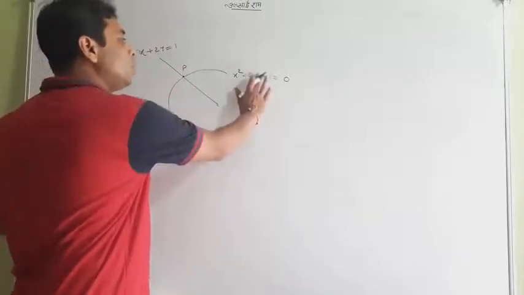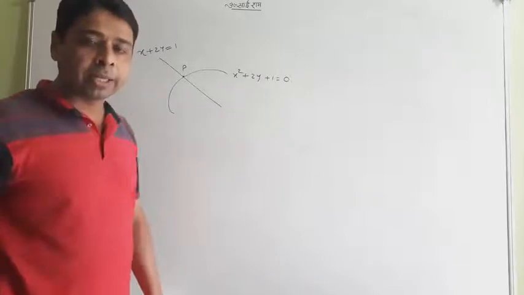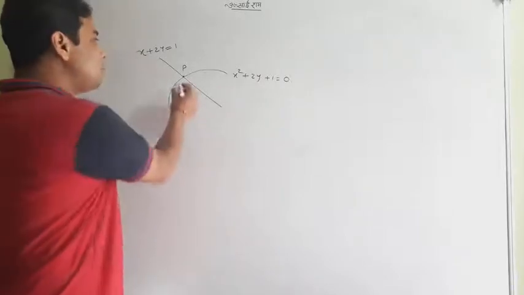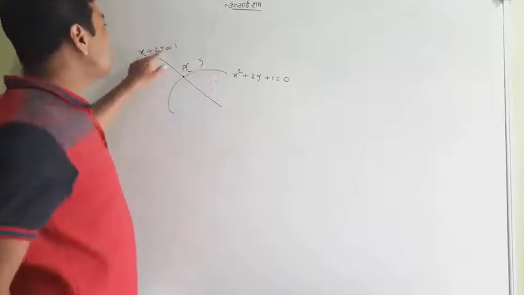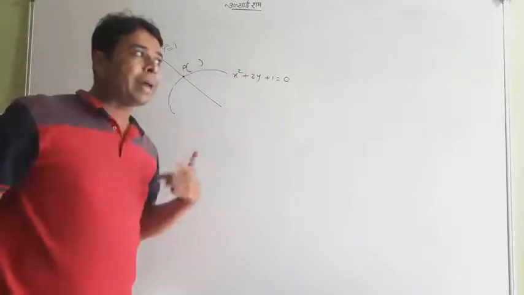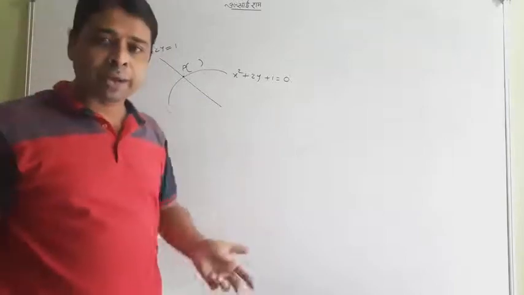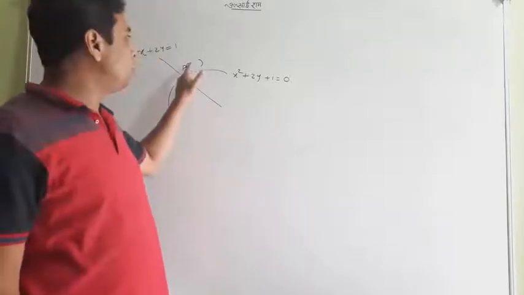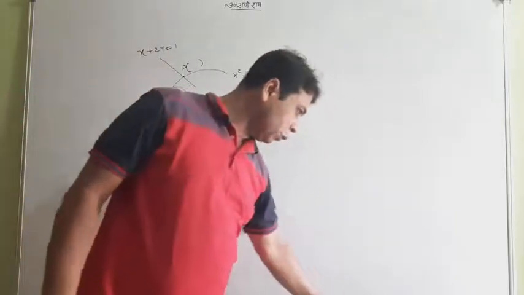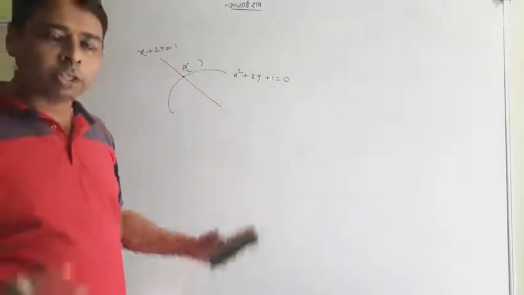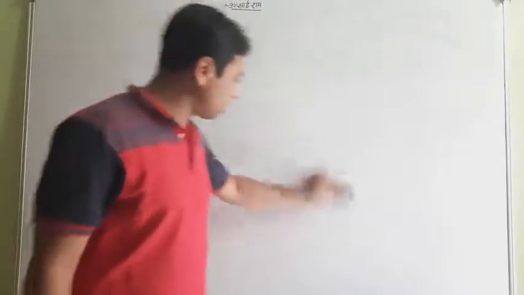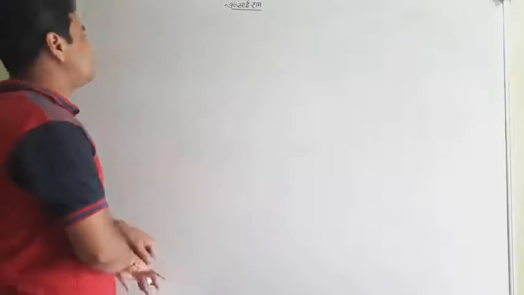Or suppose it is y here, something like that. And if I ask you to find the values of x and y, which will be the intersection point, put the value of y here and get your x. By getting x, you can easily get y. Whatever your x and y will be is the point of intersection. So keep in mind, whenever you want to find the point of intersection, you just have to merge them. Okay. So this was the concept which I wanted to share with you here.